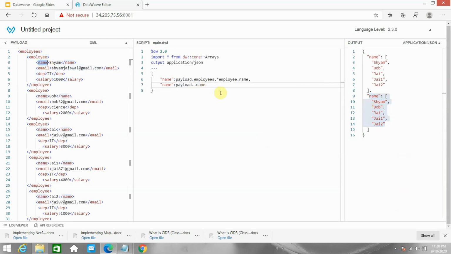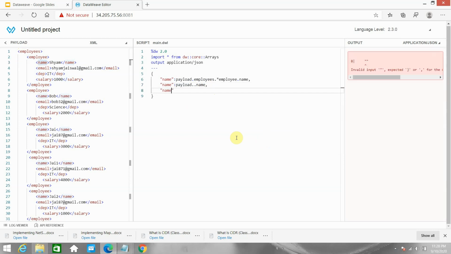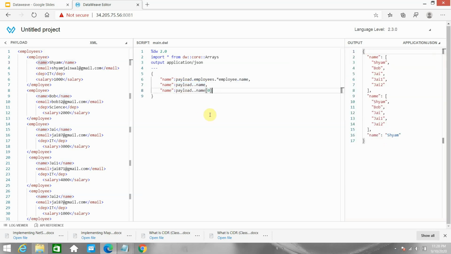But if I want to access just the first name, how can I do that? I copy the above syntax and say 0, so it accesses the name at the 0th index.